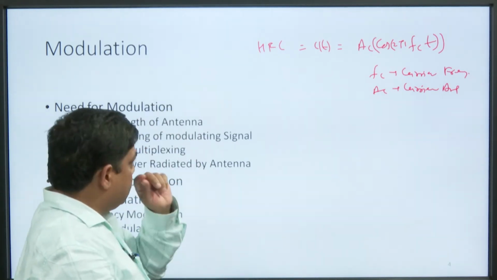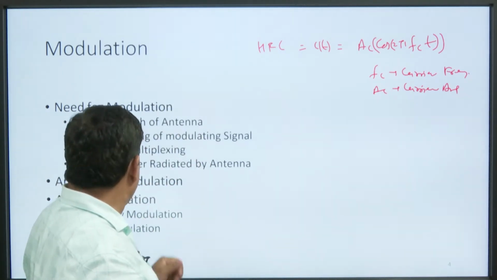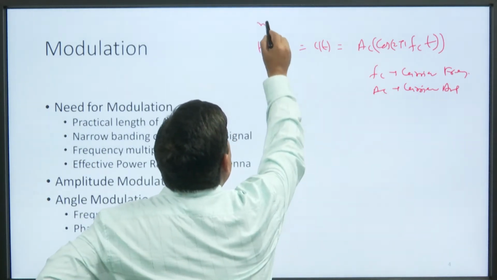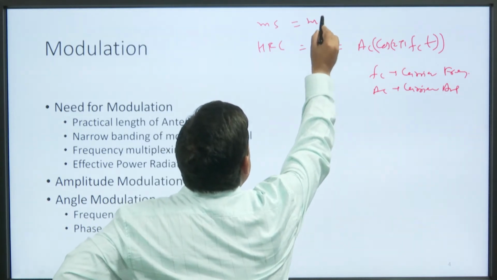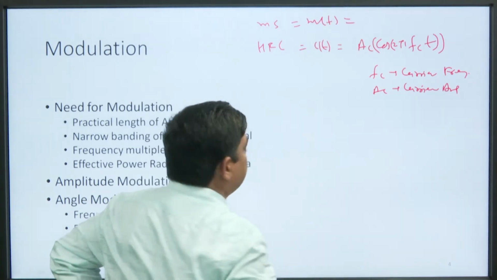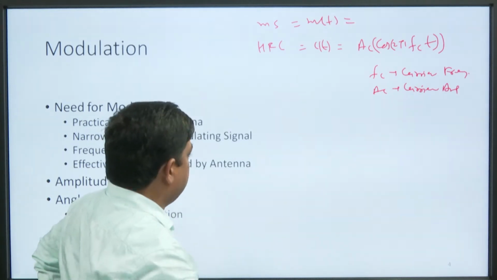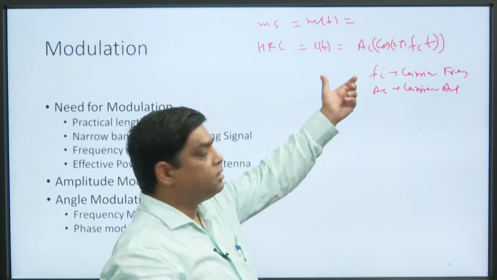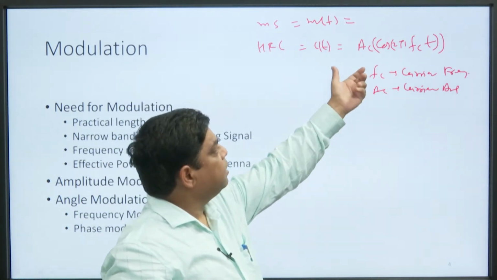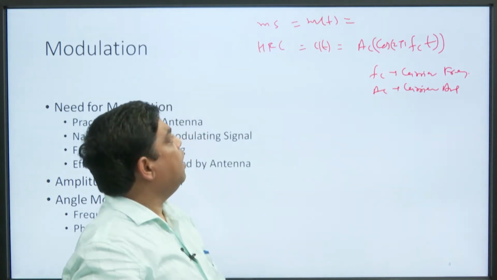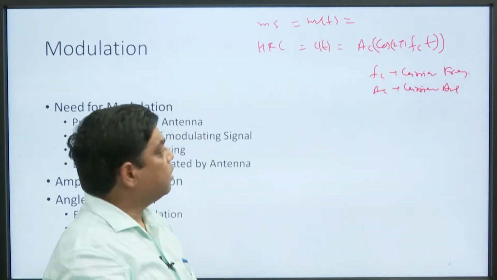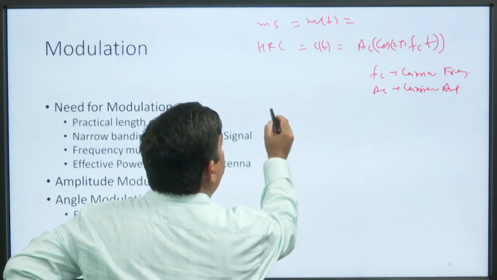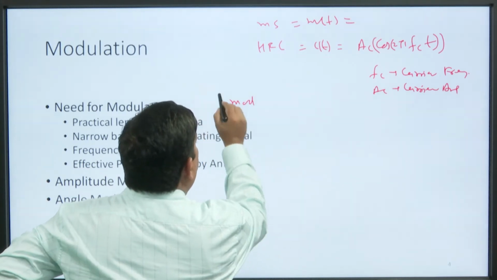Now, this high frequency carrier in amplitude modulation, there is a modulating signal also, that is the m(t). And when the amplitude of carrier signal Ac is changed as per the amplitude of the modulating signal, then it becomes like that, a modulated signal, amplitude modulated signal,